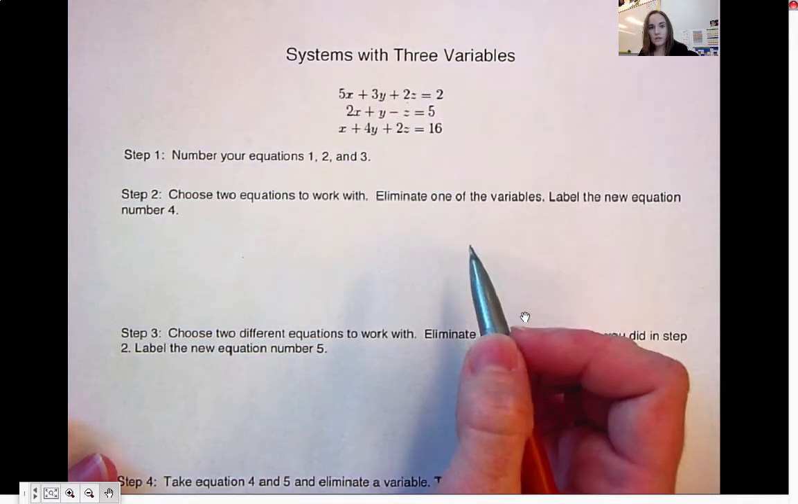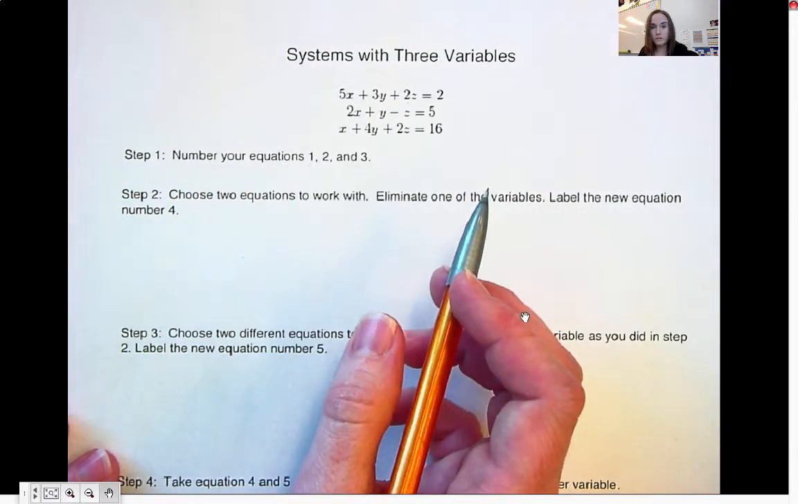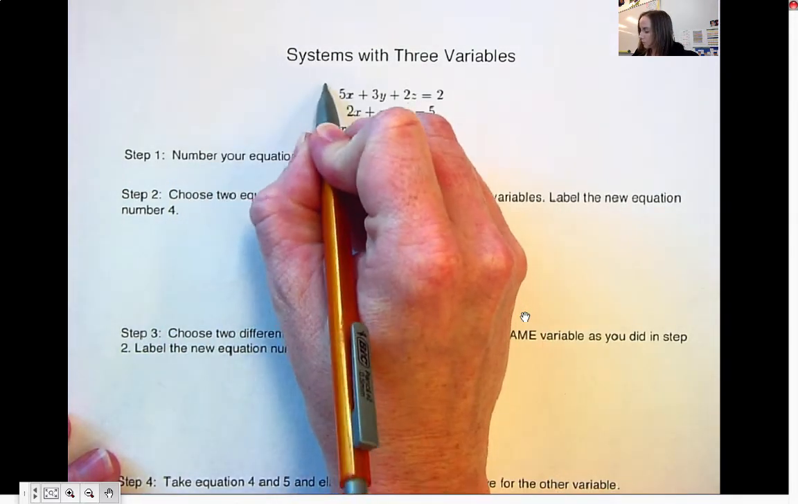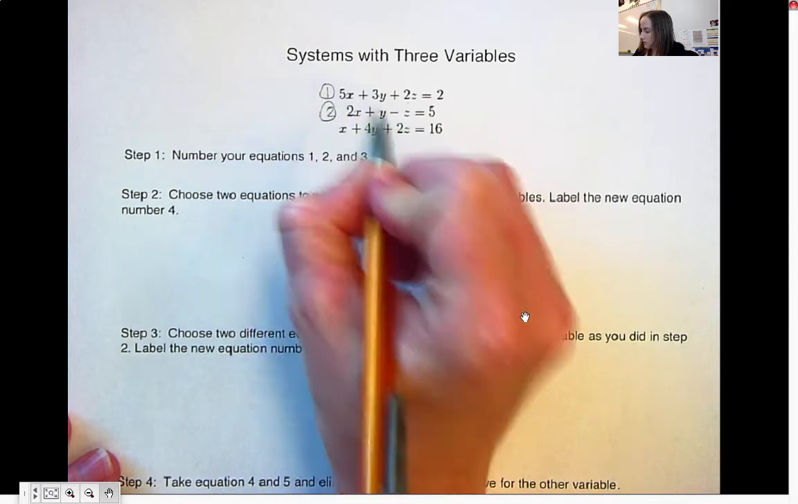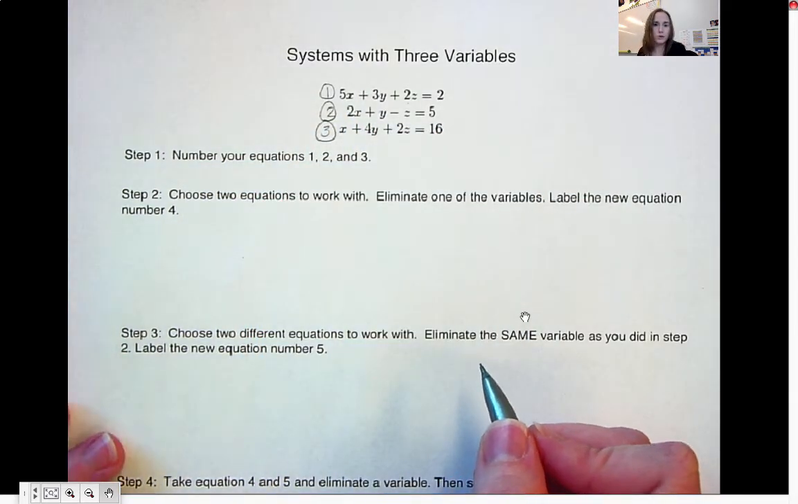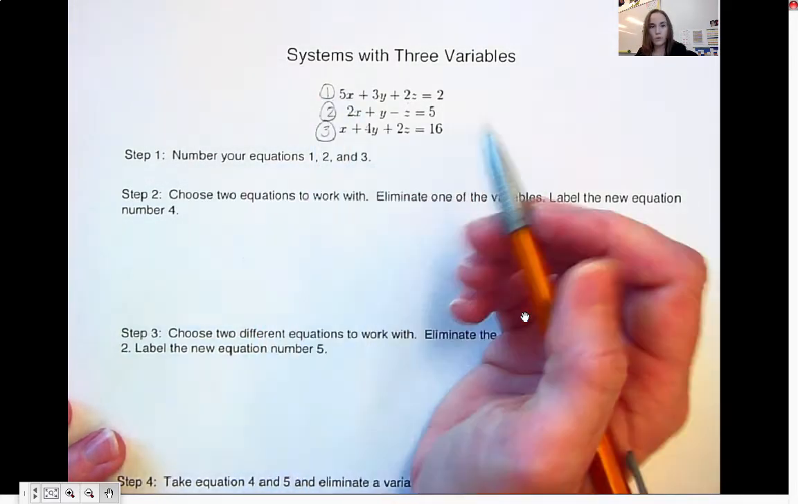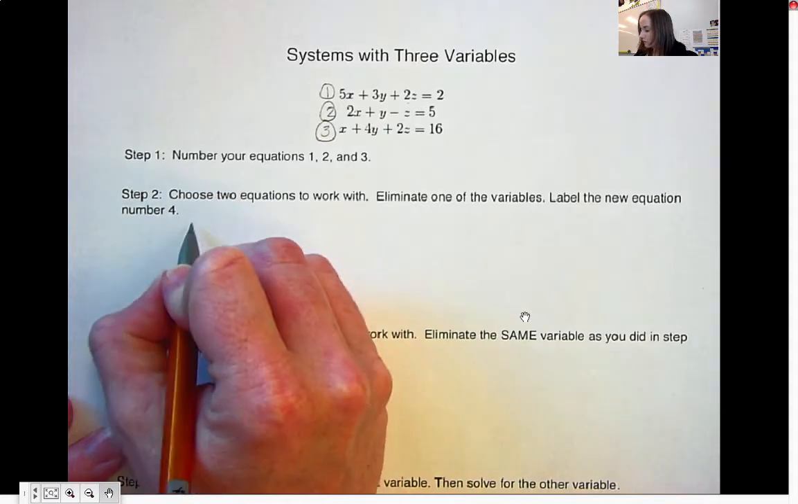So the first thing that you want to do is follow these steps. Number your equations 1, 2, and 3. So I'm going to call the first one 1, second one 2, and the third one 3. And now choose two equations to work with. I am going to start with numbers 1 and 2, so I'm just going to rewrite them here, number 1